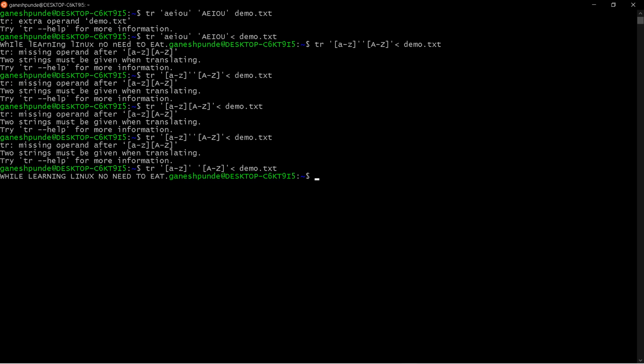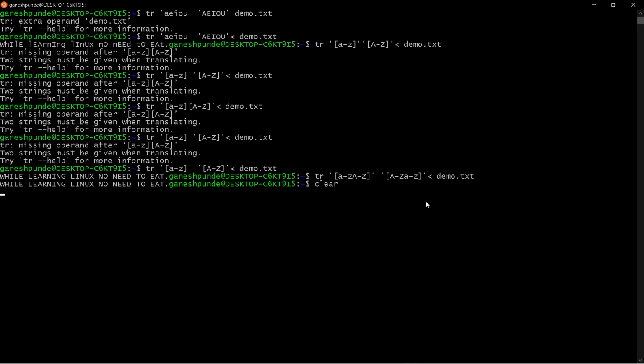Now suppose I want to convert uppercase characters into lowercase and lowercase characters into uppercase, right? So how can I do that? You can see now it is converting the lowercase into uppercase and uppercase into lowercase.